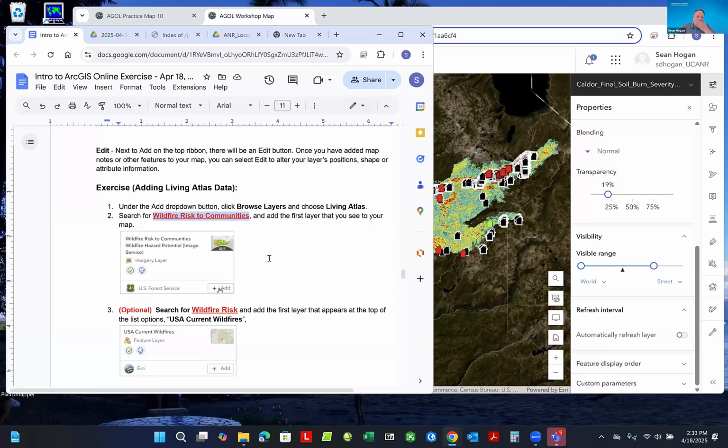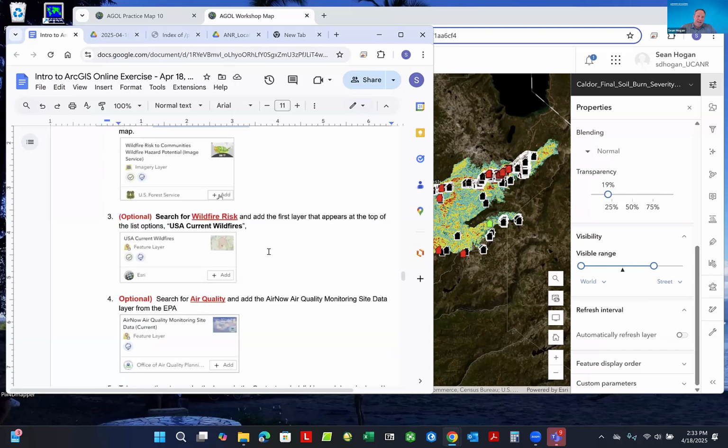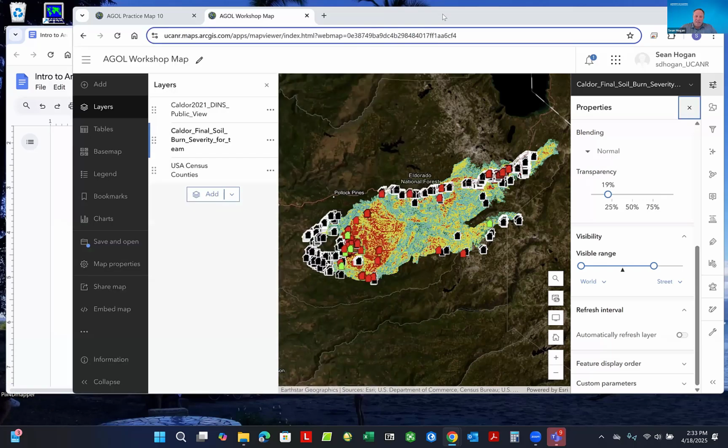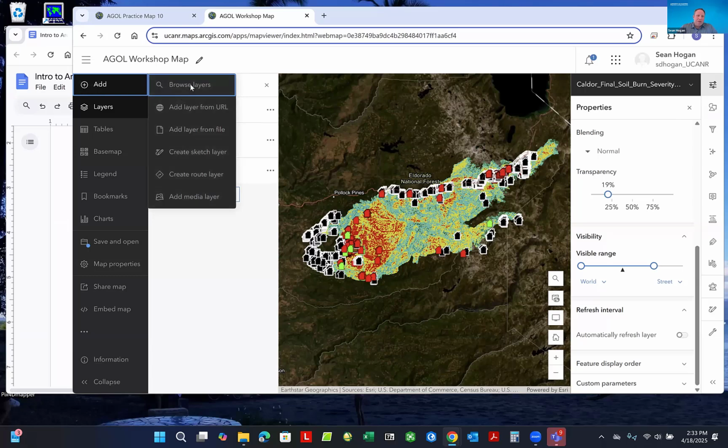This is not going to be part of our final map, but there's a couple layers here that I want to add in because they're interesting. If anybody here is interested in fire science, this is interesting to me in a practical way, because it could hopefully inform firefighters, response teams or land managers in the future to mitigate potential disasters such as this. And that is, if you go over to add, browse layers,